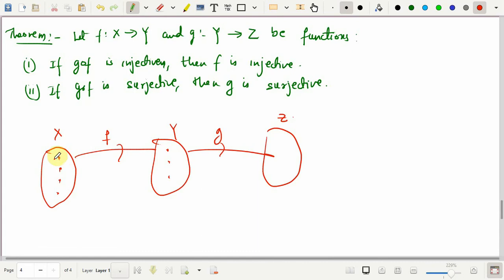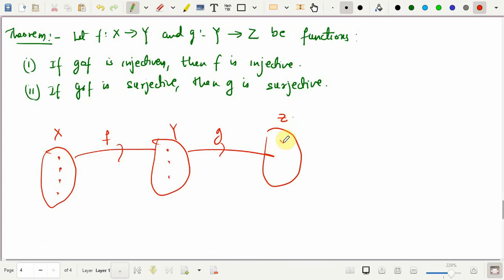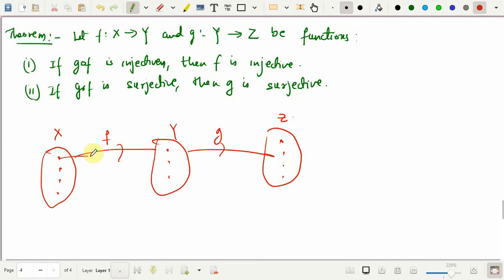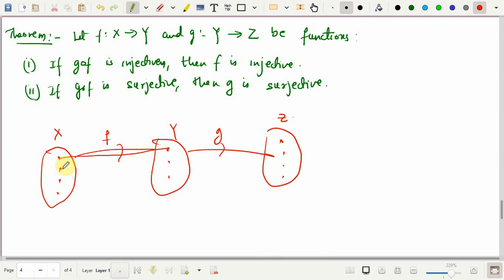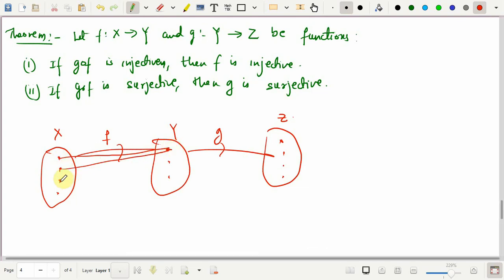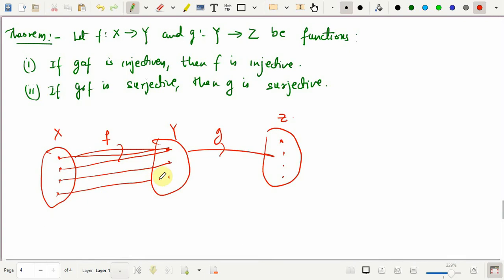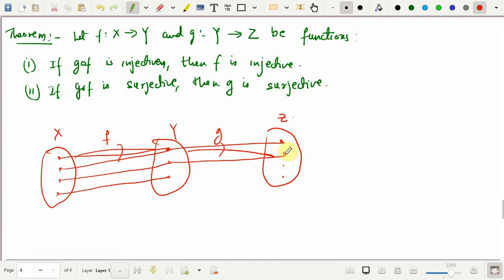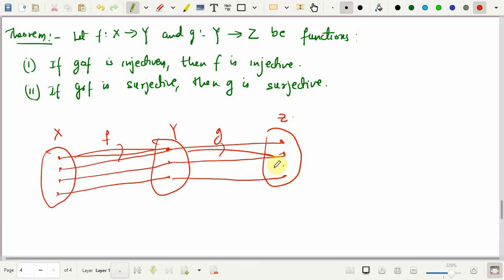Now if I say that F is not injective, that means say this F, two distinct points go to the same point over here. Let's say this. Okay, so these 2 points go to the same point over here. In this case, ultimately G will take this point somewhere over here, and this will go somewhere here. Not an issue at all. So in this example, in fact, G is injective, but F is not injective.